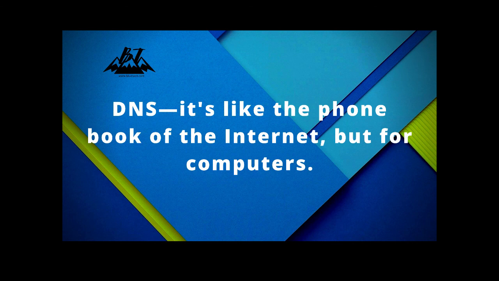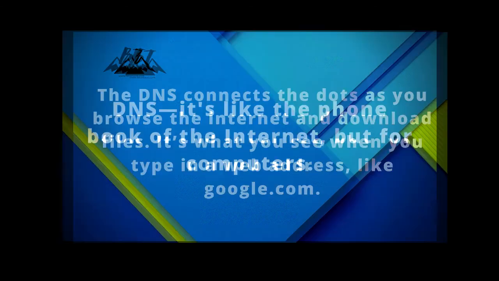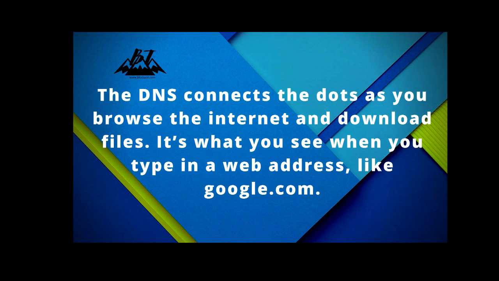So you type in www.google.com, and basically what that does is it translates it into the actual name of google.com. Easy and simple. Most people actually try to make it more complicated than it is, but it's not. So once again, it just connects the dots to a website address.